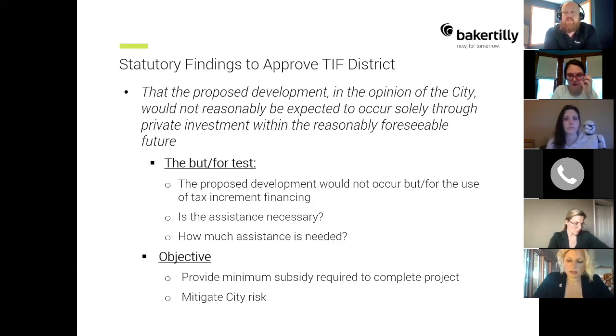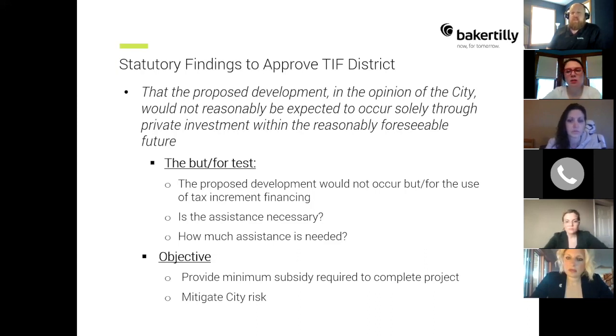So that's the philosophy, and hopefully that makes some sense as to why TIF districts are allowed to be in place, and also how we go about making sure that we're being good stewards of the public's tax dollars, and that we're not incentivizing projects that would otherwise happen. The TIF isn't just going to make an extra dollar for a developer, but it's going for a necessary purpose to make a project feasible. And then the other thing that we do with the but-for test is we want to make sure that not only is the assistance necessary, but that the amount of assistance being provided is a reasonable amount. We don't want to overpay for a project with the amount of TIF assistance if a lesser amount would still make that project feasible.